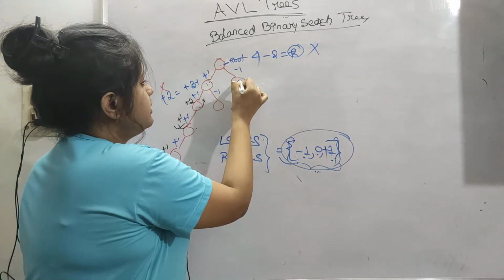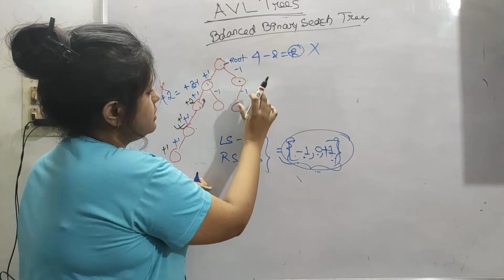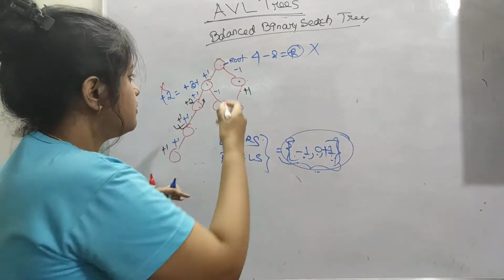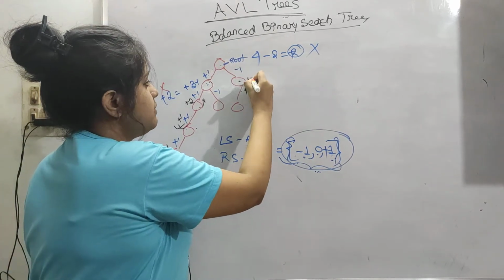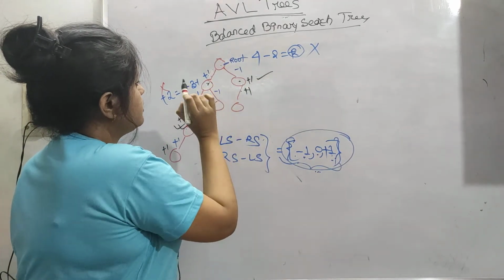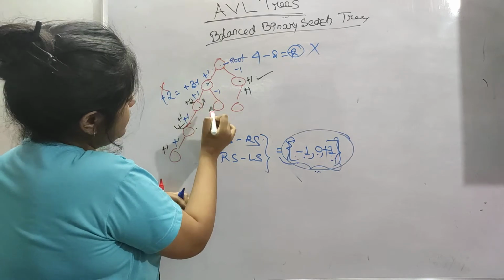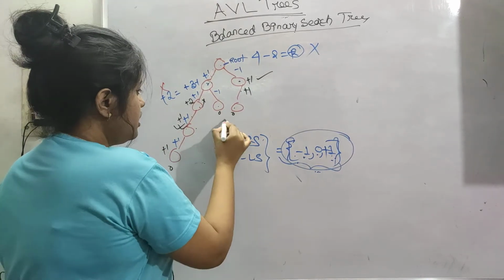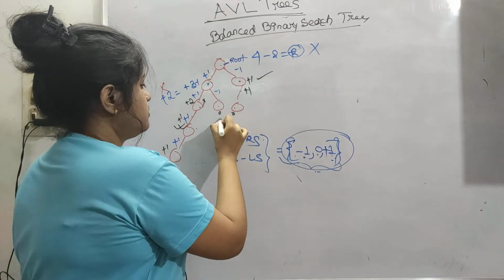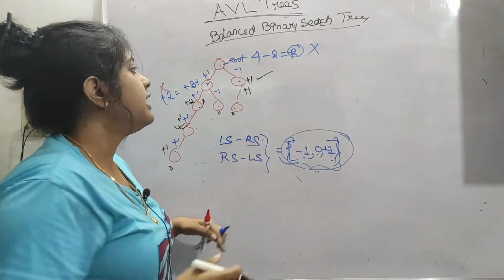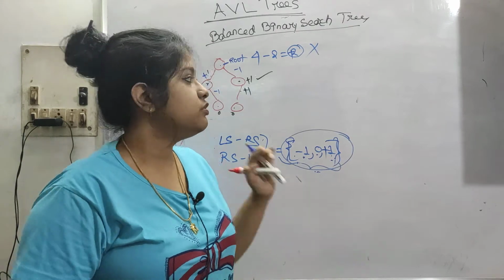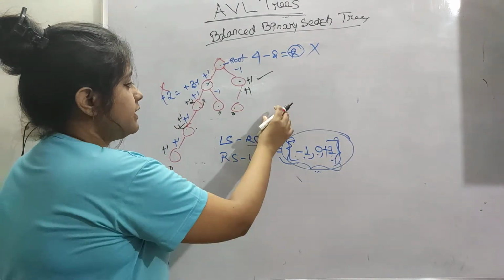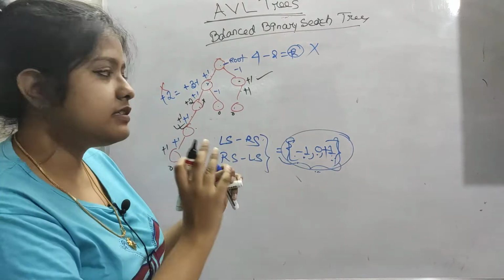Now for this node, sorry, this is +1, this is the left child, so from right to left, this is +1, acceptable. Now for this we have done. For leaf nodes it will be 0, nothing in left, nothing in right, so it will be 0. If you are having trouble, I will do a lot of examples, so it will be clear with more examples. For now you have to check left subtree minus right subtree.